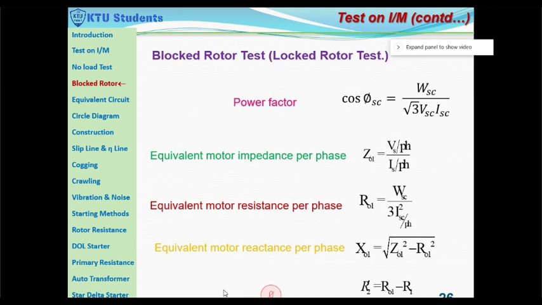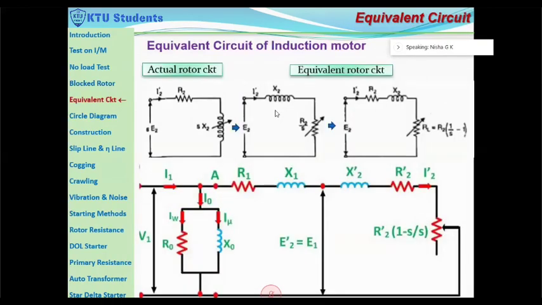So next we will see the equivalent circuit of the induction motor. Here, this is the rotor part. The rotor part will have S E2 as the induced EMF, and R2 and S X2. If you divide by S, you will get X2 and R2 by S, and this corresponds to the rotor input power or the air gap power. This can be split into two: R2, and R2 into 1 minus S by S. R2 corresponds to the rotor copper loss, and R2 into 1 minus S by S corresponds to the rotor mechanical power.